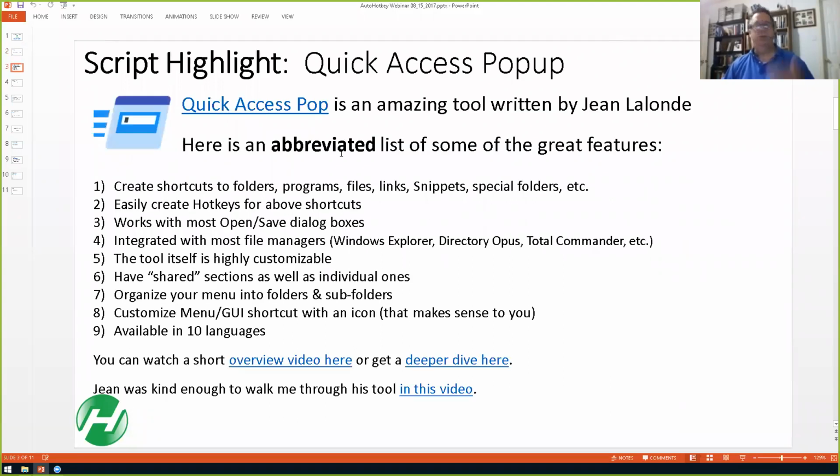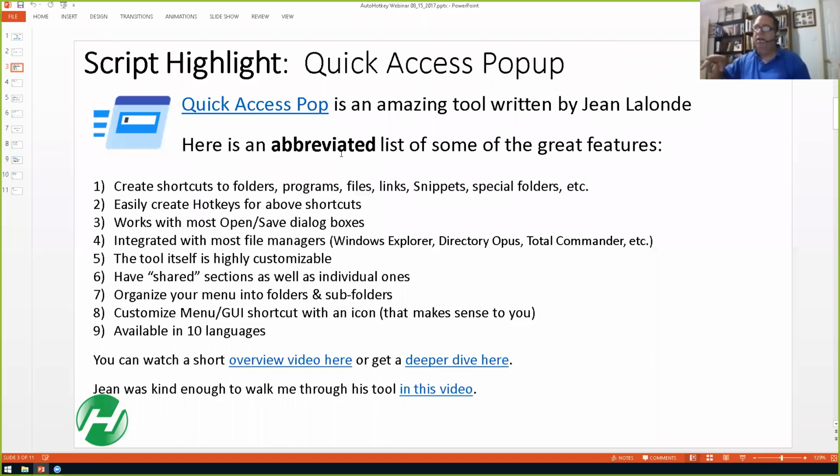So where was I going with this? We typically have in our webinars a tool or script to highlight, something we found cool. And what was funny was, Jean, about a month ago, I wrote you and said, hey, years ago I looked at your library on parsing CSV files, and I ran into the same issue again, can you help me understand how to use your library? He agreed, and we were talking through how to use it. Then at the very end of the conversation, he said, hey, have you looked at my other tool that I really focus on now? And I said, no, I haven't.